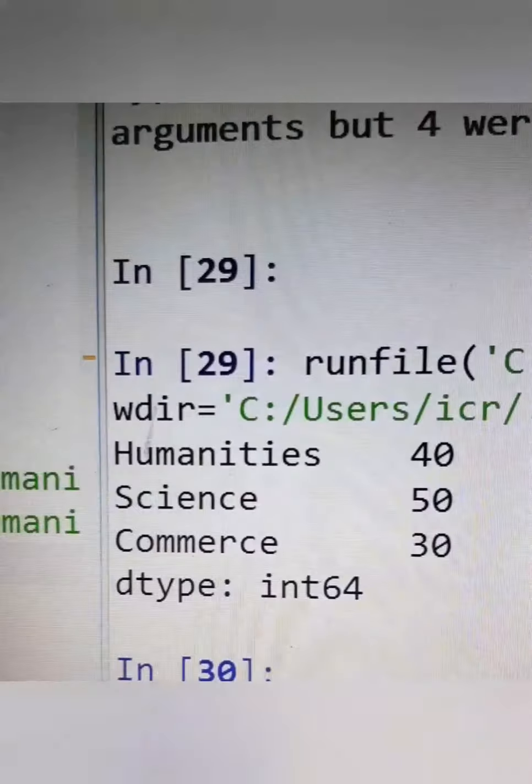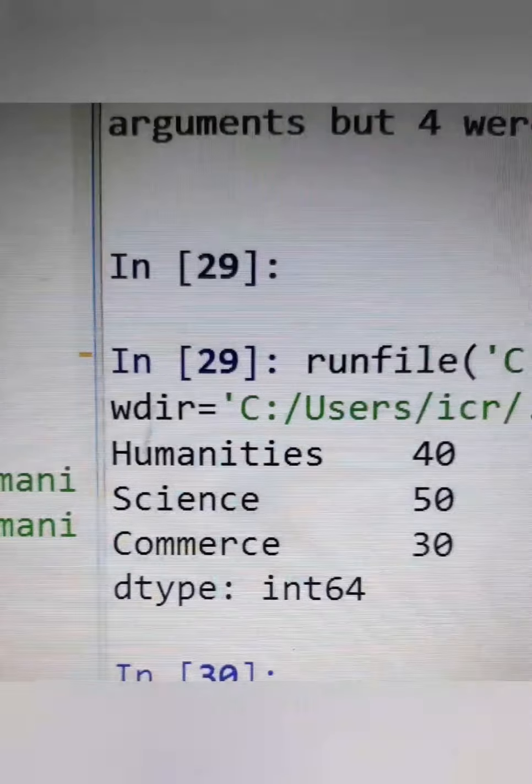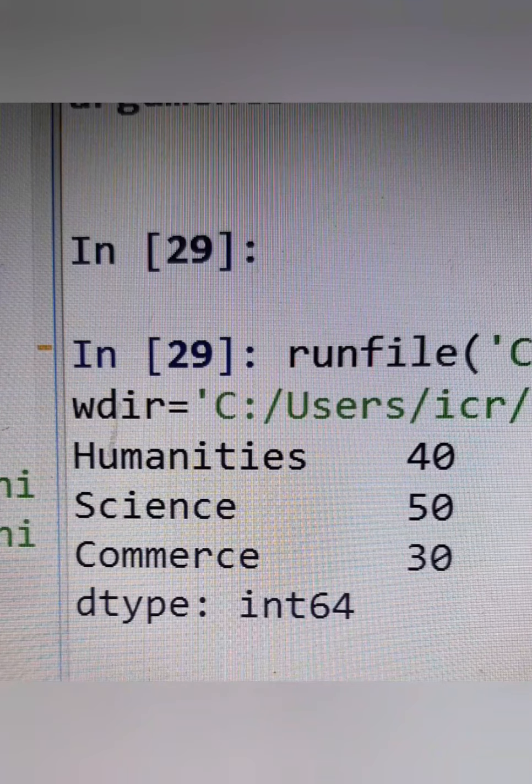So the order has changed. Now C11 whenever printed will not show you first science or commerce and then humanities. The order has been changed with reindex.